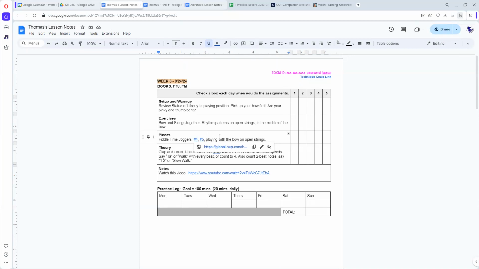So I do rely on the availability of website links that have the audio tracks that they're looking for. In this case, Fiddle Time Joggers has a web page, and the web page has the audio tracks for each song. So if I click the link as it popped up here, when I click number 4, I click this link,